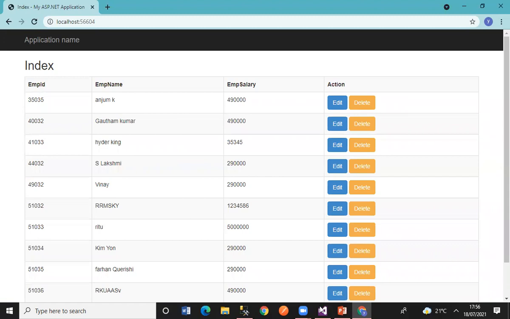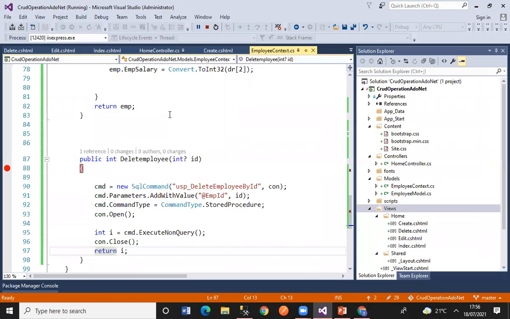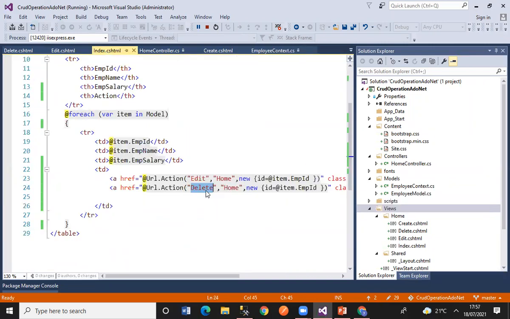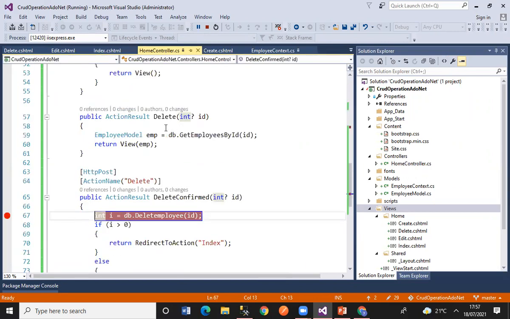So this is a simple code what we have written, guys. Nothing is there in this code also. We just have gone to our index page. We click on this delete button. Then we are redirected to the home controller. Then it will go to the get method here, catch the ID. Based on that, it will call the get employee by ID method. There it will bring the employee record. That view will display the details of the employee.